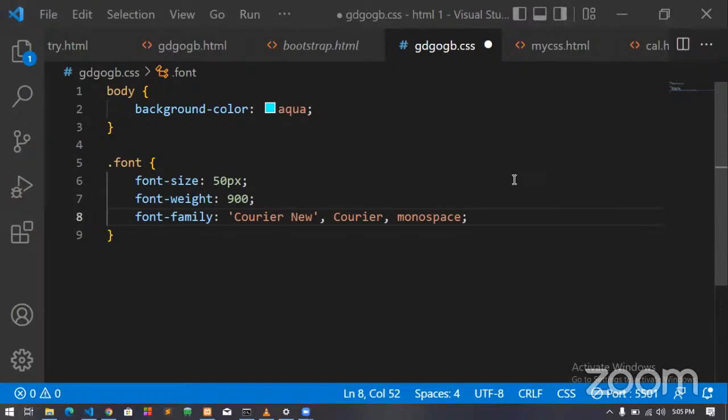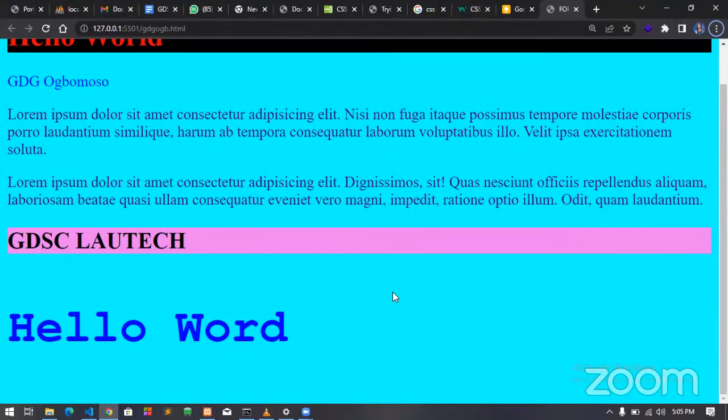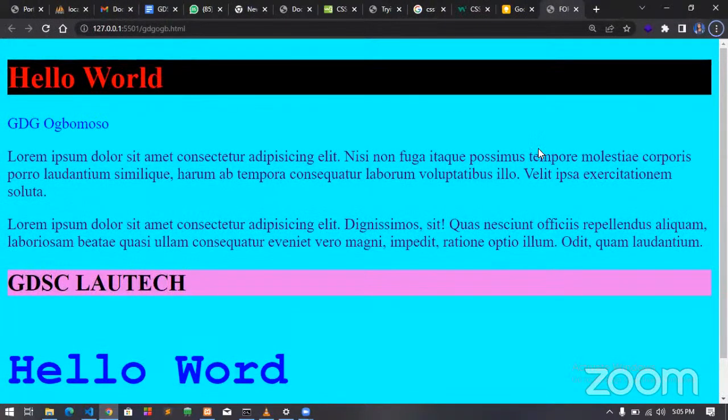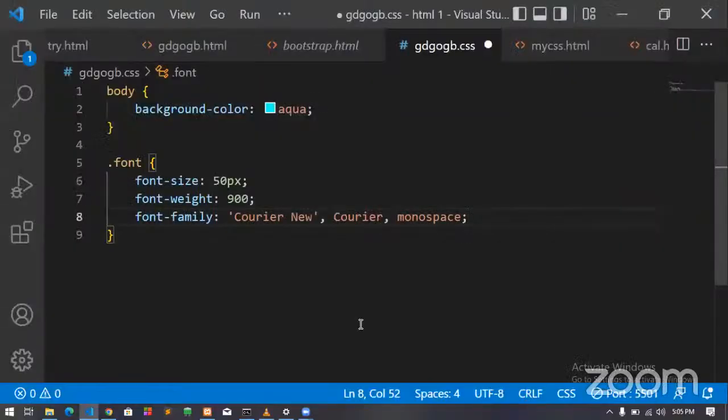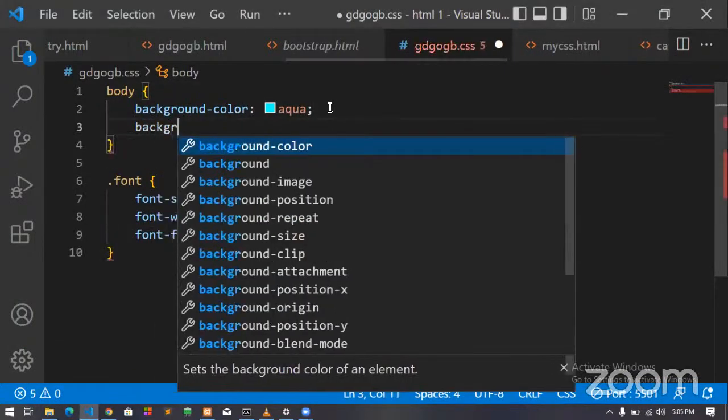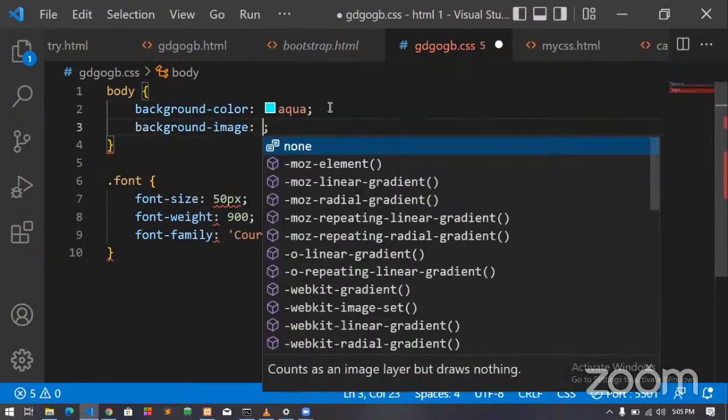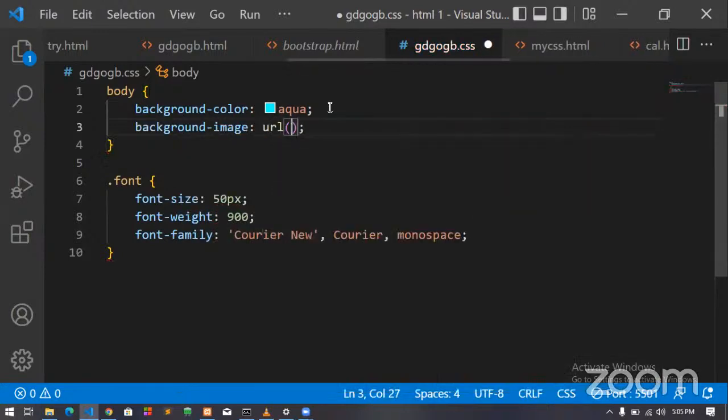Okay, great. So now I think I've dealt with backgrounds too, how to add a background. It should not be new to us again. You can see me use background color, background this, background that. But what if you want to bring in an image? You want to have a background image. So let's give our body a background image. You say background-image, then you use url. Inside your url, that's where you supply where your image is.